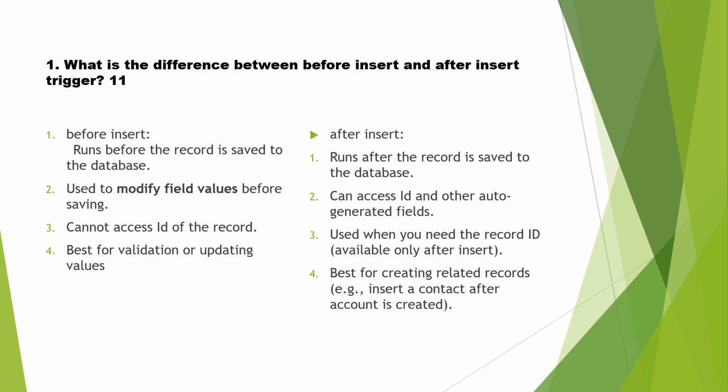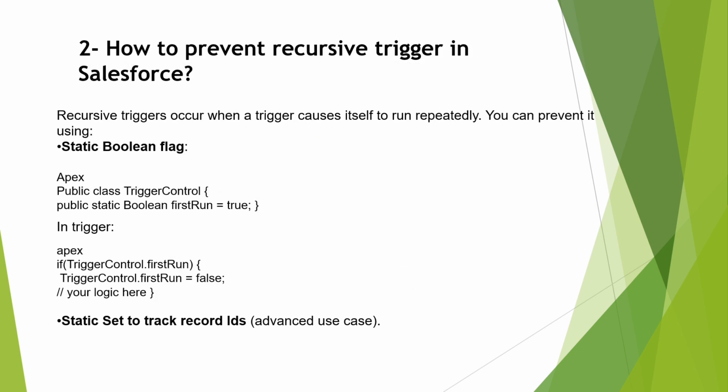So now coming to the second question: how to prevent a recursive trigger in Salesforce. A recursive trigger occurs when a trigger causes itself to run repeatedly. You can prevent it by using a static boolean flag. For example, in Apex code, we can write an